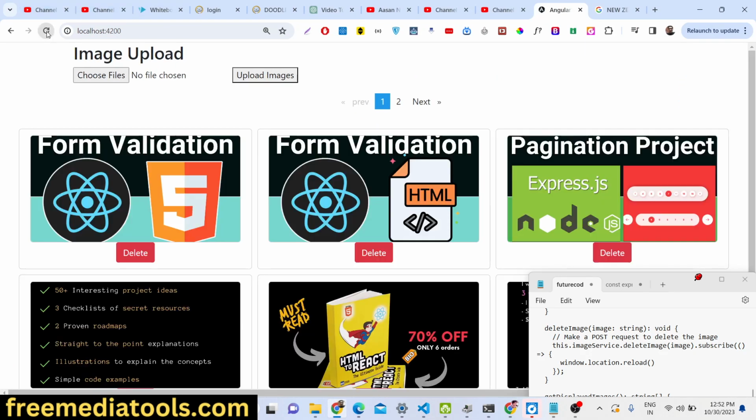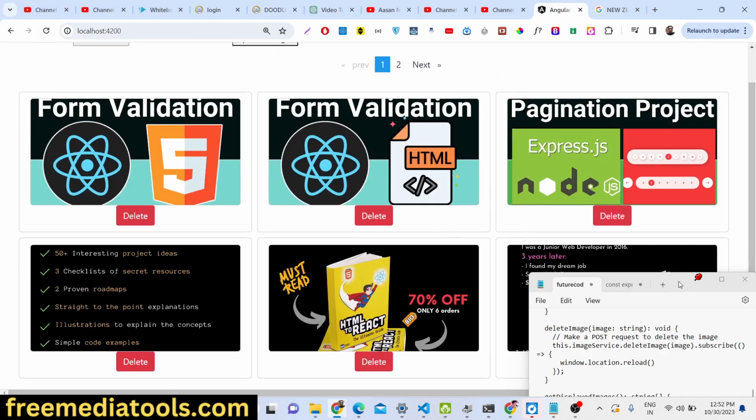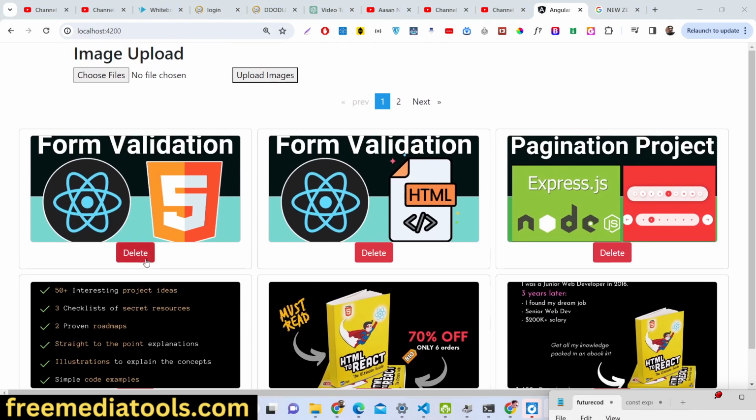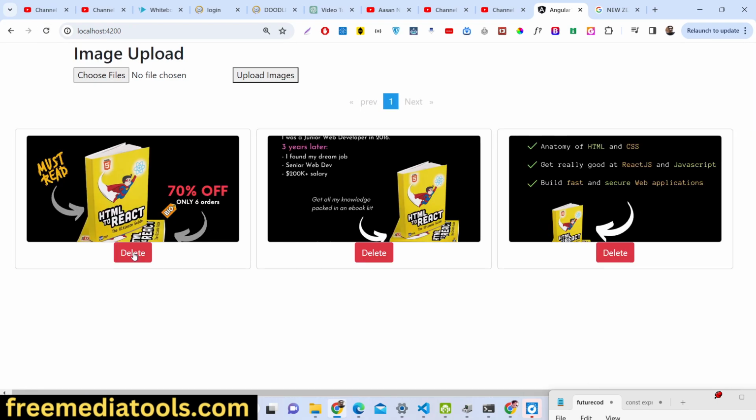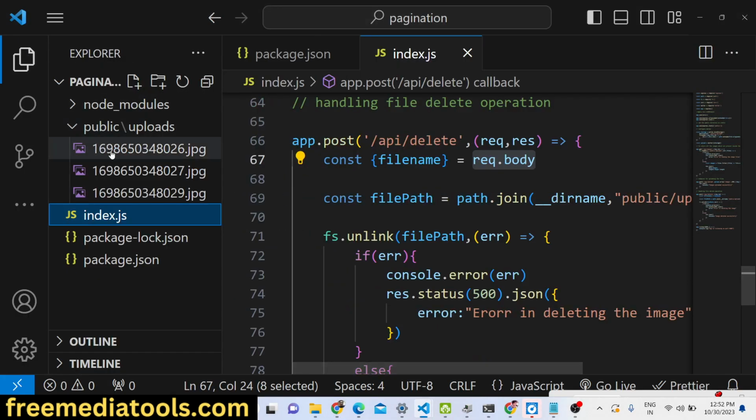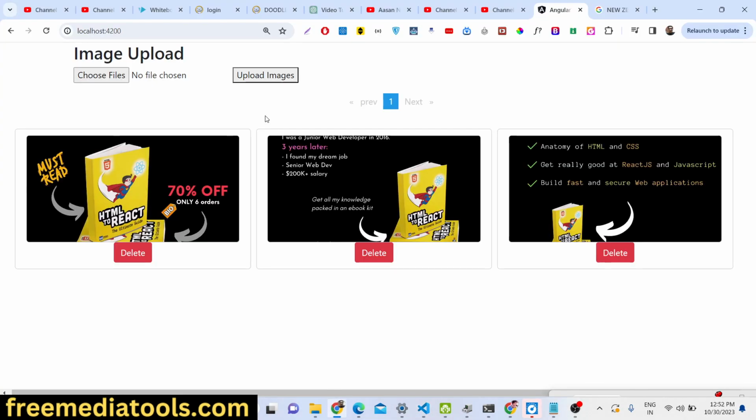It is now complete. If you refresh now, there is a delete button which will be shown right here. If you click this button, your image will be deleted. You can see that now only 4 images are remaining. If you click delete once again, and check the directory as well, only 3 images are remaining. So this is a fully functional full stack image CRUD kind of application that we developed, guys, in Angular,